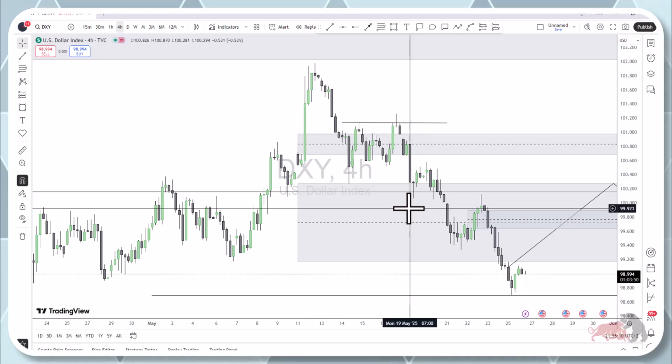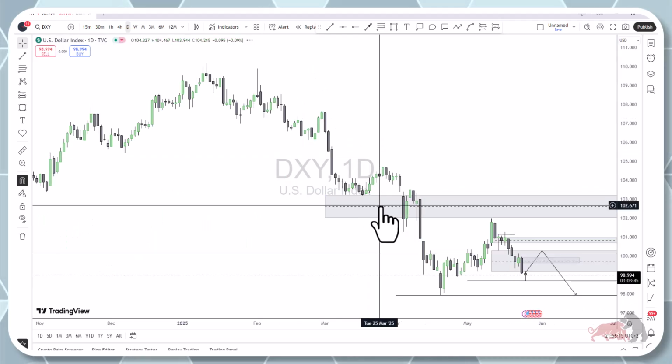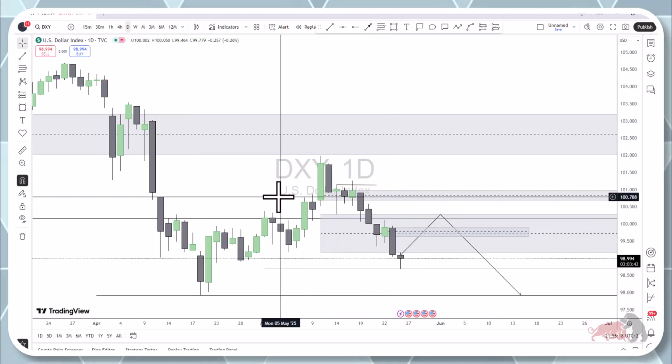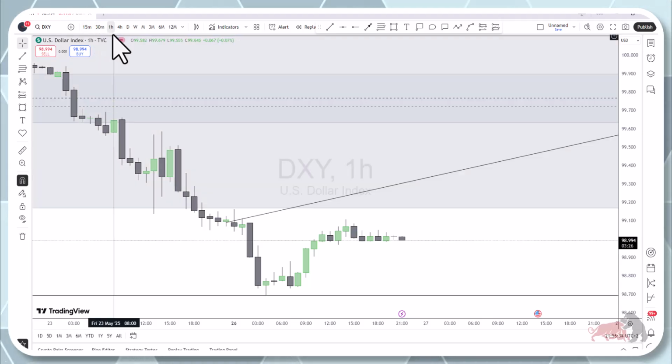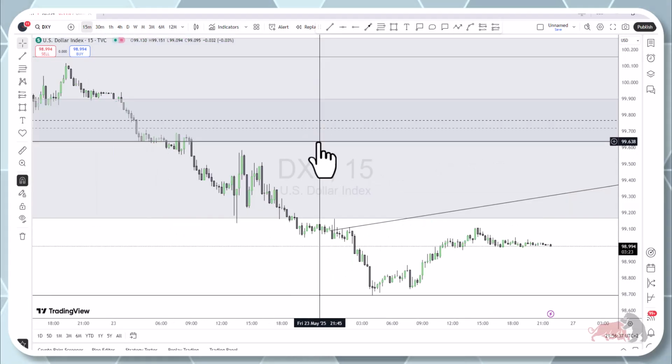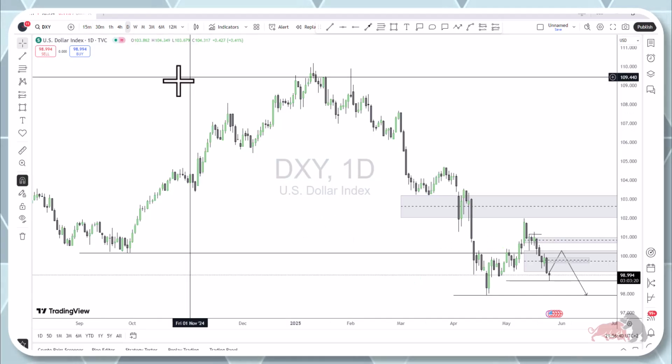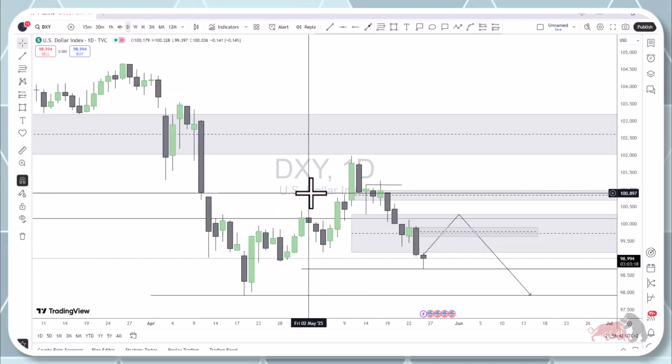So that's probably it in regards to dollar index. Of course, there is further analysis and annotation that you can do on this chart, but I'm just not gonna do it here, otherwise this video is gonna be quite long. And I've noticed not many people do watch these videos. People tend to just want to see what's happening on my entry time frame, my hourly chart, my 15-minute chart. There's nothing wrong with that, but always understanding what's happening on the higher time frame is very important to you as a trader, and how long you're going to last in this